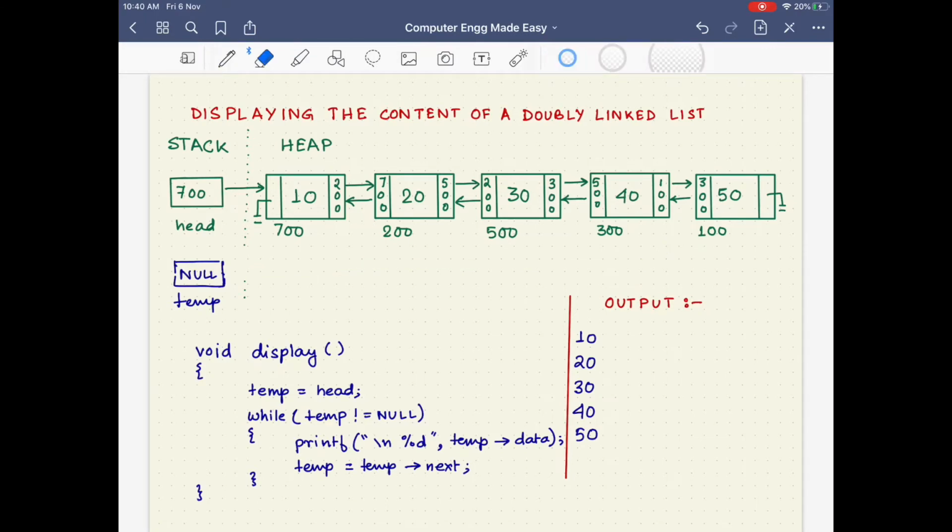At this point, when we again check the while loop, if temp is not equal to null, we find that the condition has become false, and we break out of the loop, and eventually we come to the end of the function display. So after this, as you can see in the output, we have already displayed the content of the entire linked list that was existing. So now that we have learned how to display the content of a doubly linked list,